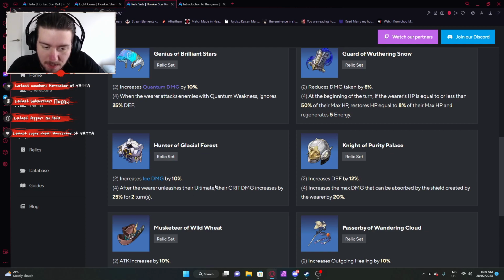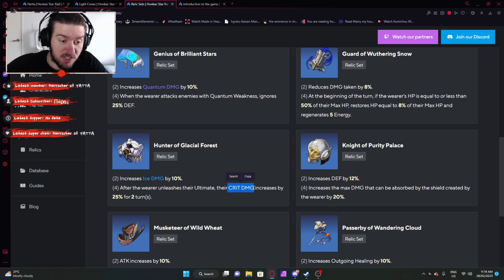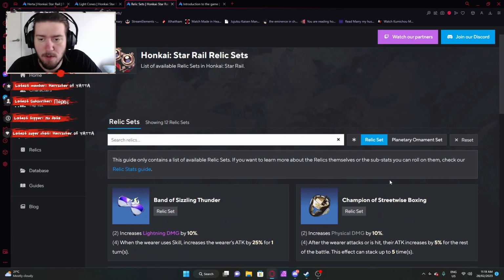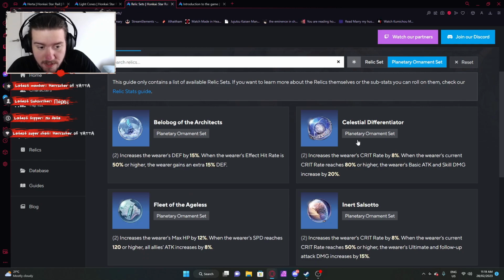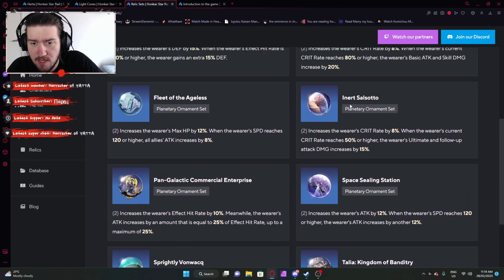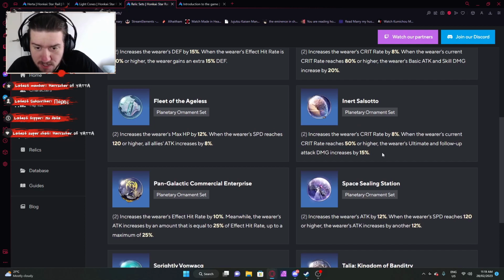So it's not just your ultimate damage, but it's actually your crit damage. So it's a universal buff after you cast your ultimate, which then you can subsequently use your follow-up attack, which is going to boost your damage overall, right? So run 4 set of this right here, Hunter of Glacial Forest, and then you're probably going to want to come up here, Planetary Ornament, and you're going to want to run, which one was it now? The Inert Salsotto, the 2 set, which is the only 2 set, increases your crit rate by a flat 8%,